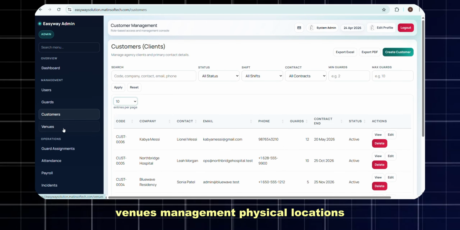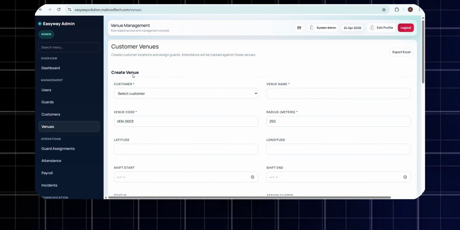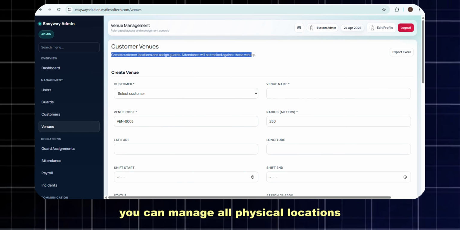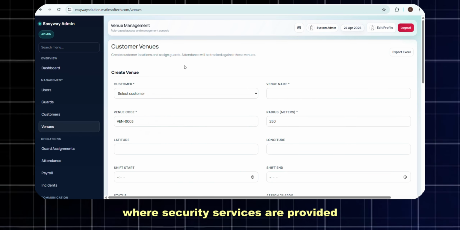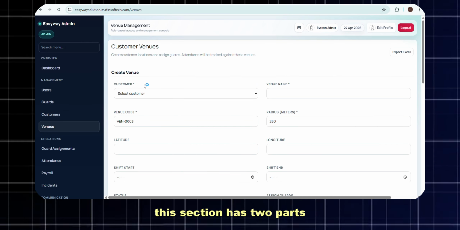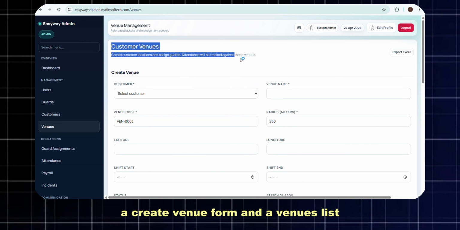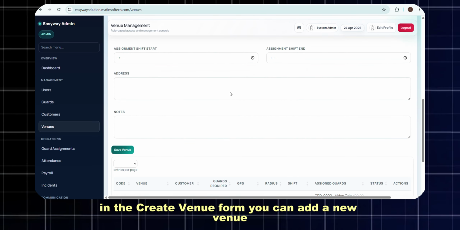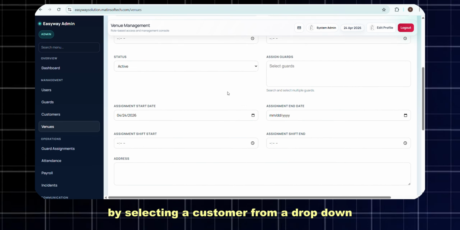6. Venues Management. Physical Locations. When you click on Venues from the sidebar, you can manage all physical locations where security services are provided. This section has 2 parts: a Create Venue form and a Venues list. In the Create Venue form, you can add a new venue by selecting a customer from a drop-down, entering a